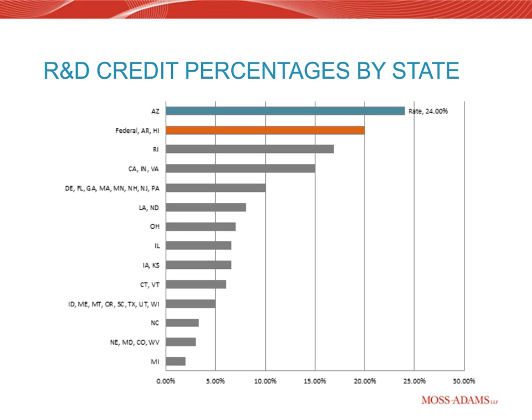Oftentimes when companies earn heavy losses or have unused NOLs, they may not expect to be able to use these credits for many years. And of course, most companies want to use the benefit as soon as possible, ideally now. That's where the refundable aspect of the credit comes in. This refundable aspect essentially allows companies to receive the benefit of unused credits in the form of an immediate cash payment at a reduced amount in lieu of carrying the full amount forward.